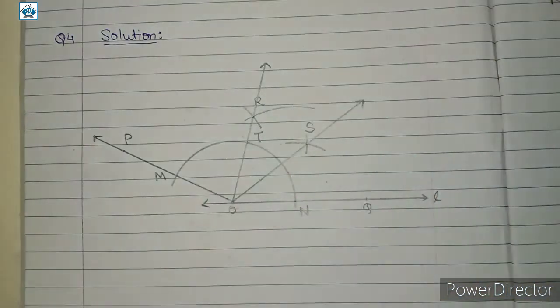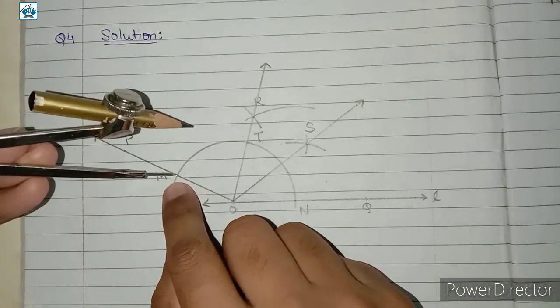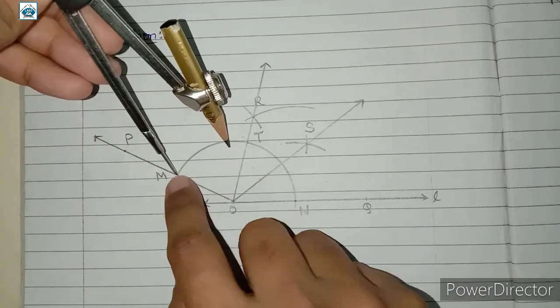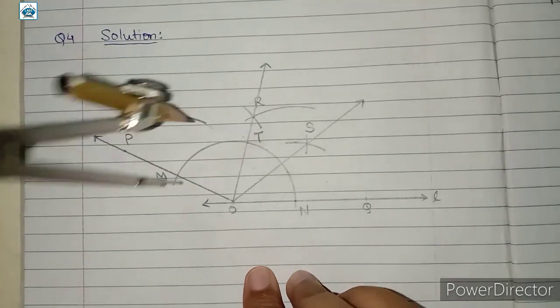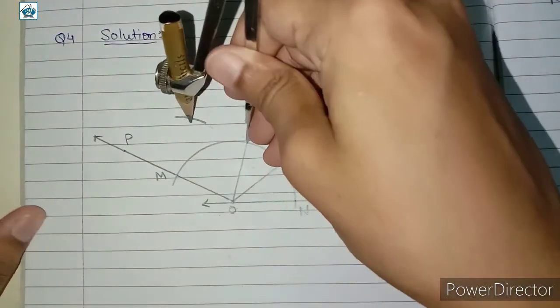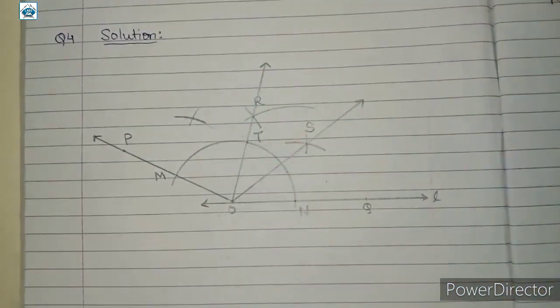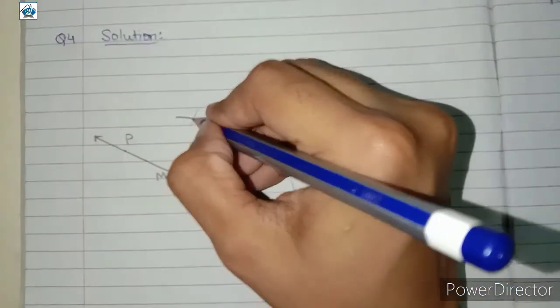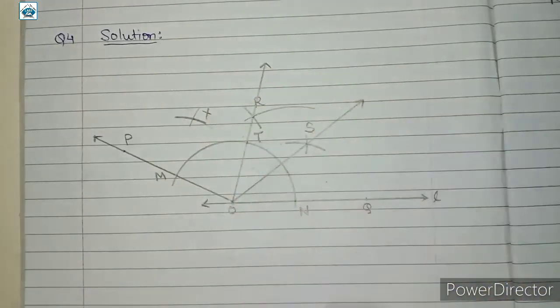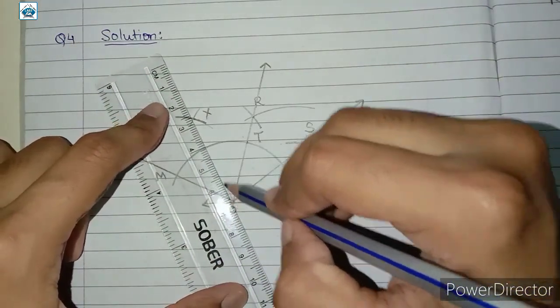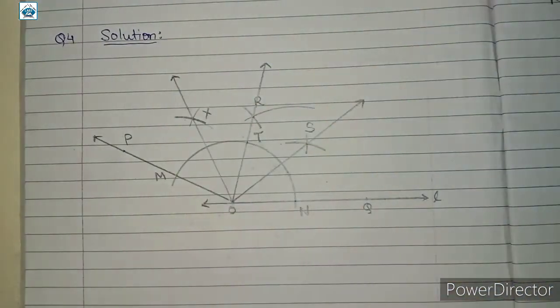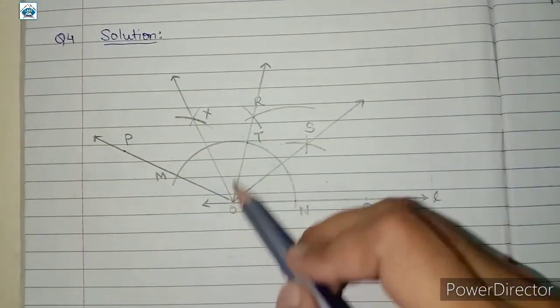In the similar manner, let us draw the bisector of PR, angle POR. For that, keep the pointer at point M. That is, point M is the center now. And यहाँ पे ये जो distance है, this is more than half this distance. So यहाँ पे draw an arc like this. With T as the center, you need to draw another arc which intersects the previously drawn arc over here at point X. So यहाँ पे you need to join OX like this. So this is the bisector of angle POR.